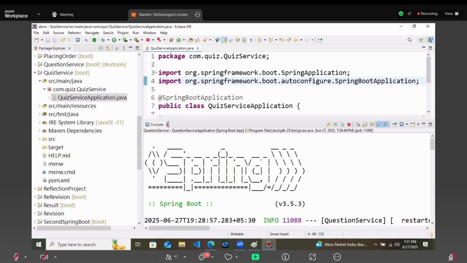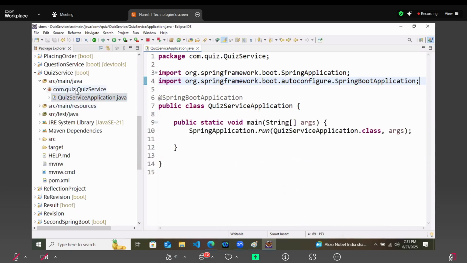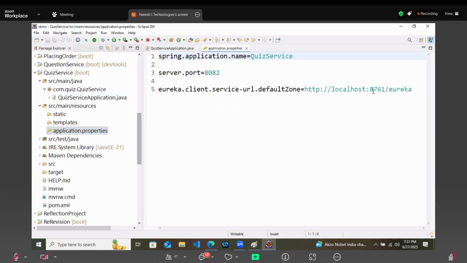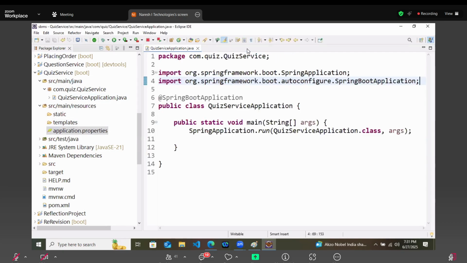So this is our quiz service, and in this project we are not doing anything. We are just creating the application by Eureka service URL and changing the port number to 8082. This is all we have done yesterday to register our services.